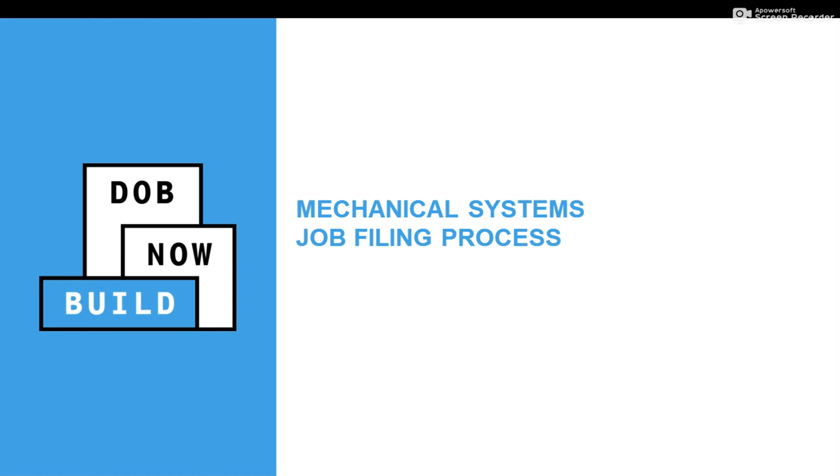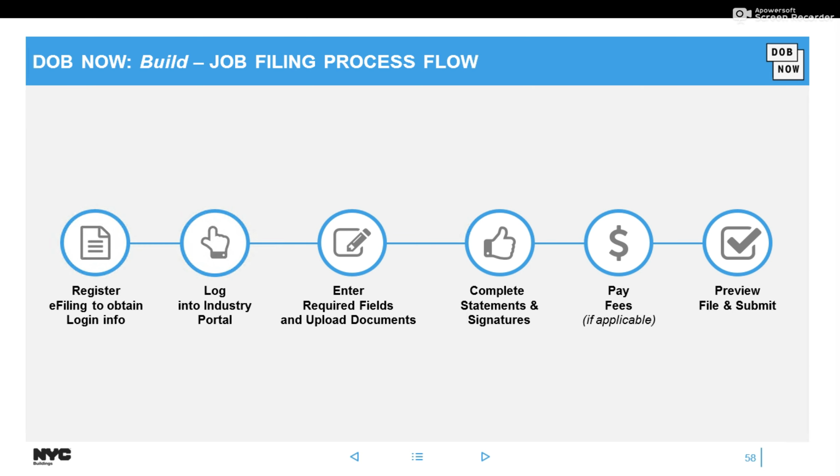And before I do so, I'm going to go over some guidelines around the job filing process and the different types. So at a high level, once you successfully registered for e-filing, you would log into the industry portal. You would create your mechanical systems job filing, enter all the details, upload those documents. Everyone associated to the job filing, they sign, you pay if applicable, and then you hit preview to file, which